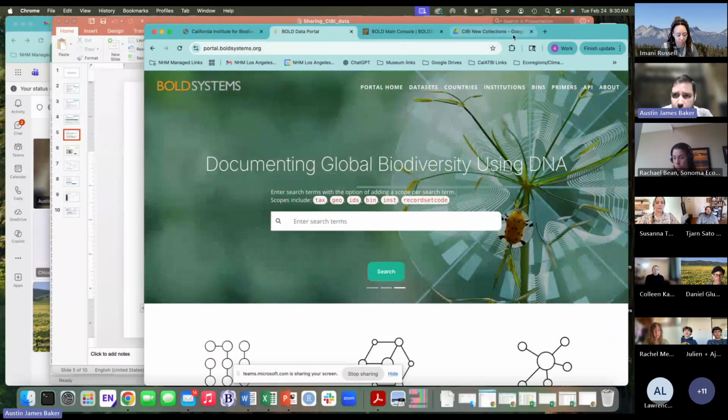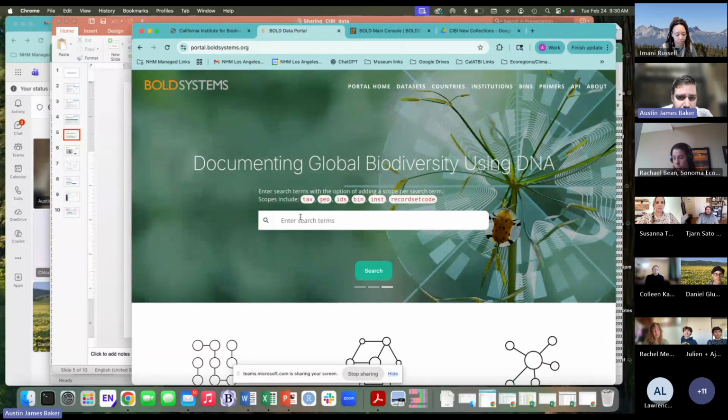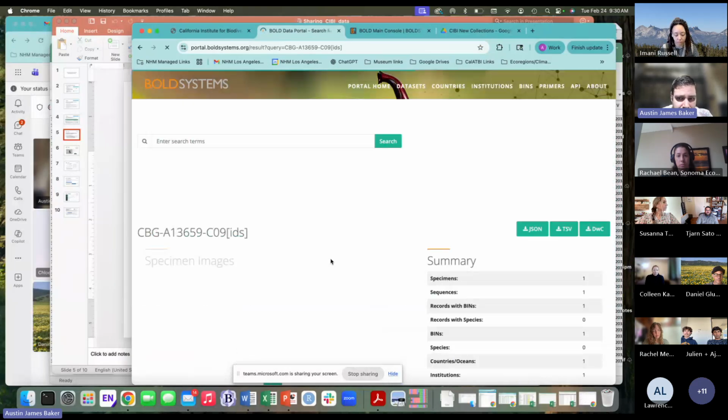And this is what the Bold portal looks like. You can enter all sorts of search terms, but in this case, if we're searching for specimens from the project, we want to enter the specimen ID. And then in brackets, it'll add IDS, which means that's an ID. And it should take us immediately to